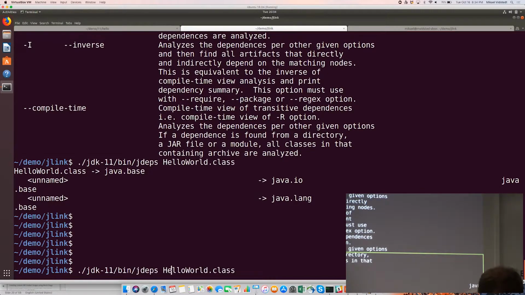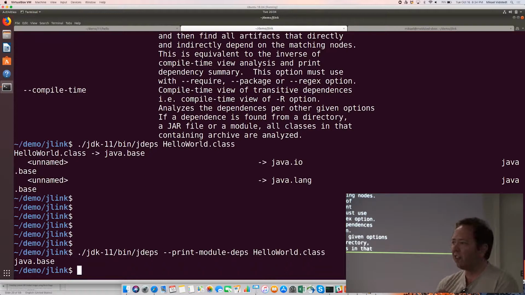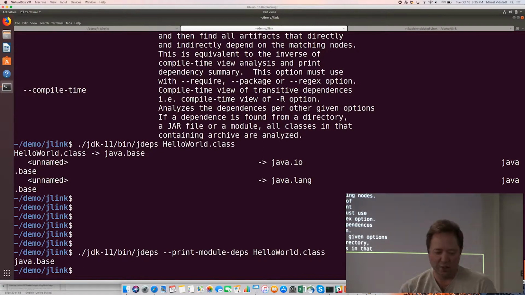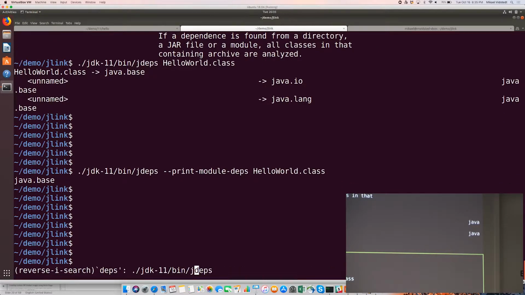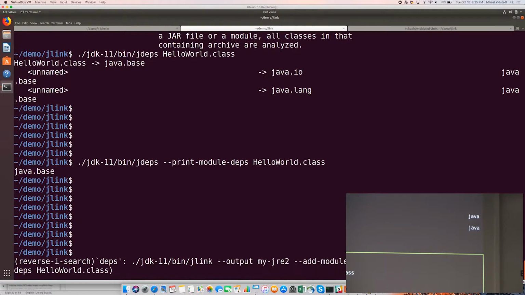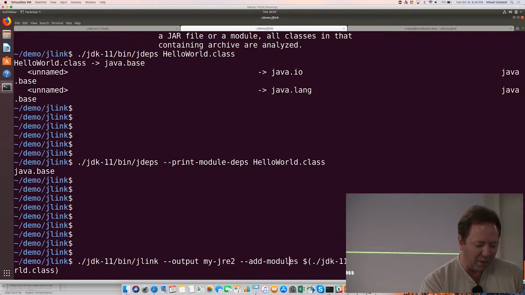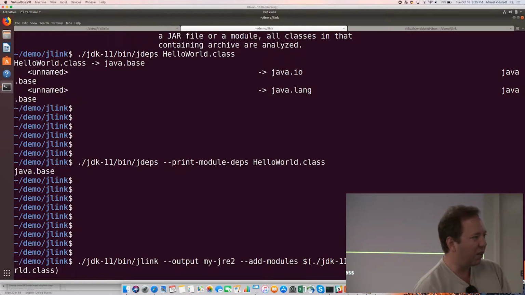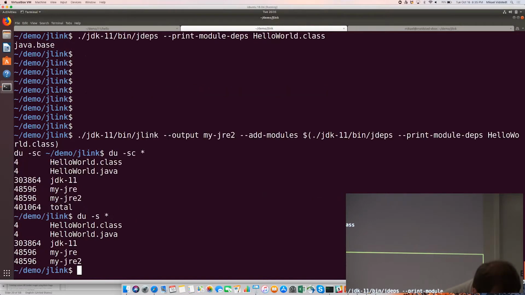Now the nice part about it, new functionality in Java 10, I believe, is that you can also get that in a more condensed form. So now instead of a long list, you have something that is easier to process on the command line. And if you know your bash voodoo, you can do something like this, where you say, do the jlink thing, but instead of manually specifying the modules, I'll run jdeps and ask it to spit out the list of the modules. And hopefully it will produce the exact same thing that we just saw. And then I'll just do this for completeness.